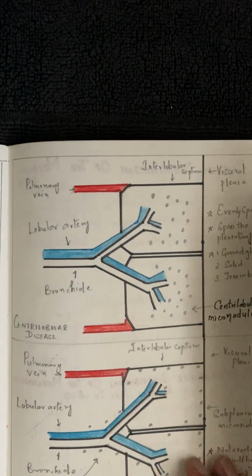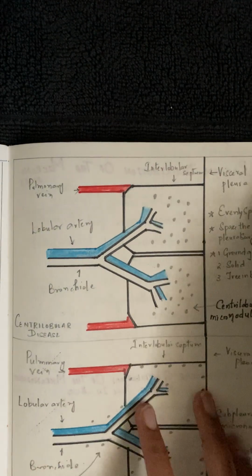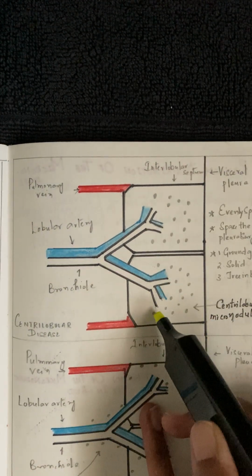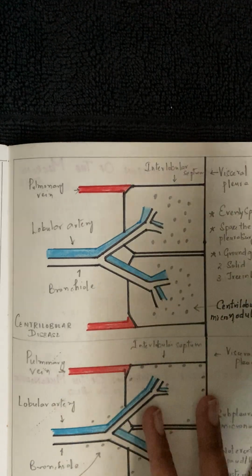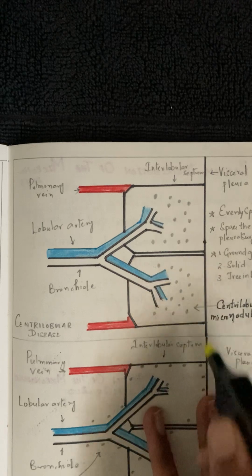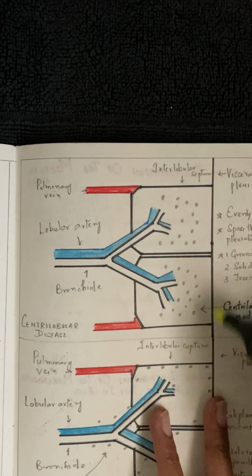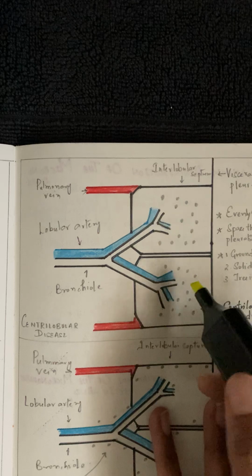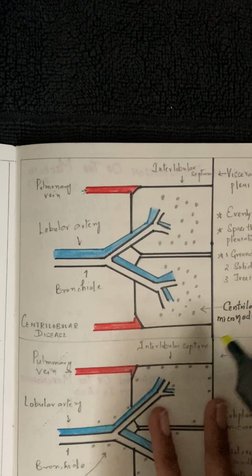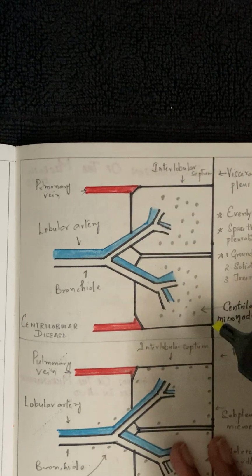A micronodule is less than 3 mm in diameter. So these are all the micronodules. They have centrilobular distribution, that is they are evenly spaced. This is the visceral pleura. They spare the pleural surface. Nothing is present along the pleura. So one of the important findings of centrilobular micronodules is they are evenly spaced and they spare the pleural surface,